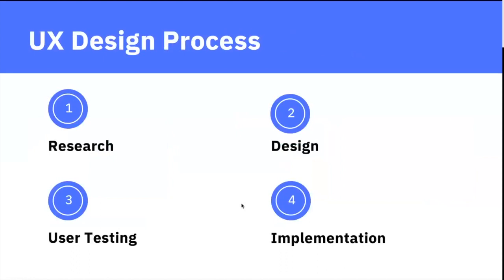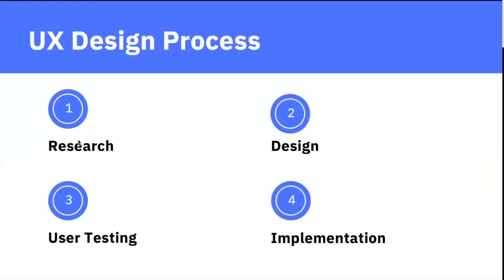Okay, so now let's go to the UX design process. What does it take? What are the steps of designing a website or designing an application? The design process is divided into four main steps. First, research. Second, design. Third, user testing. And fourth, implementation. We will get into each one of these in detail, but first,